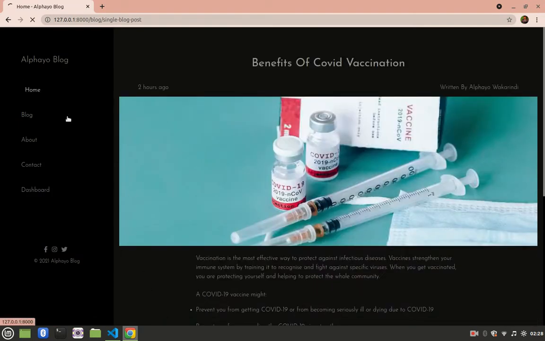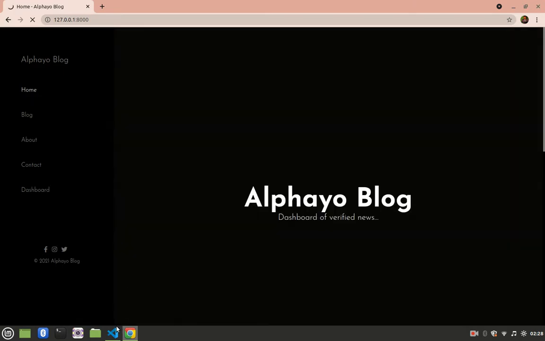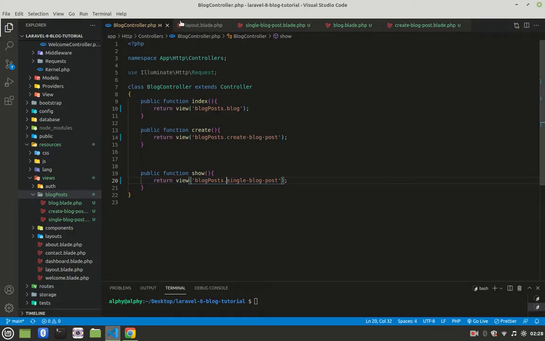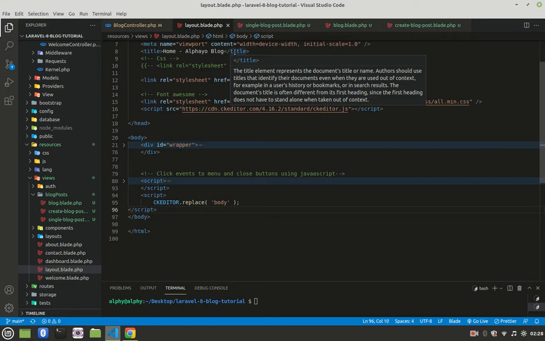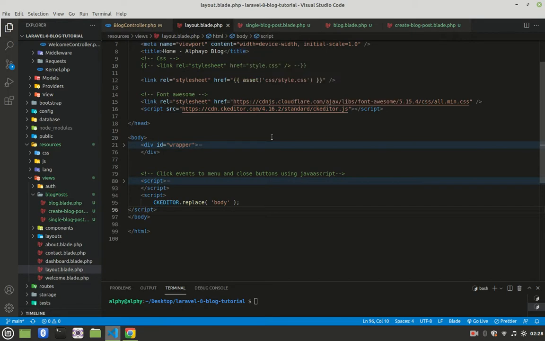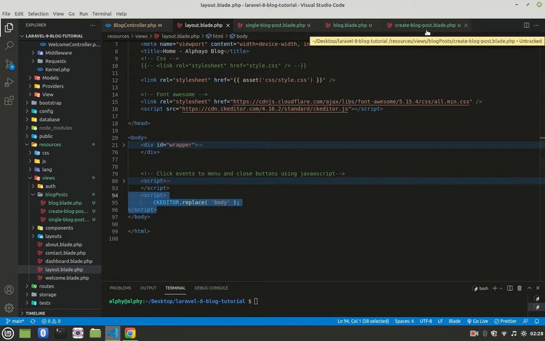The next cleanup I'd like to do is when you go to your layout, and this was actually suggested by one of my viewers in the lesson where we implemented the CK editor. So in that lesson we included our CDN in the layout, and this script tag we included it in the footer. So he suggested that we should put this in the create blog post, and